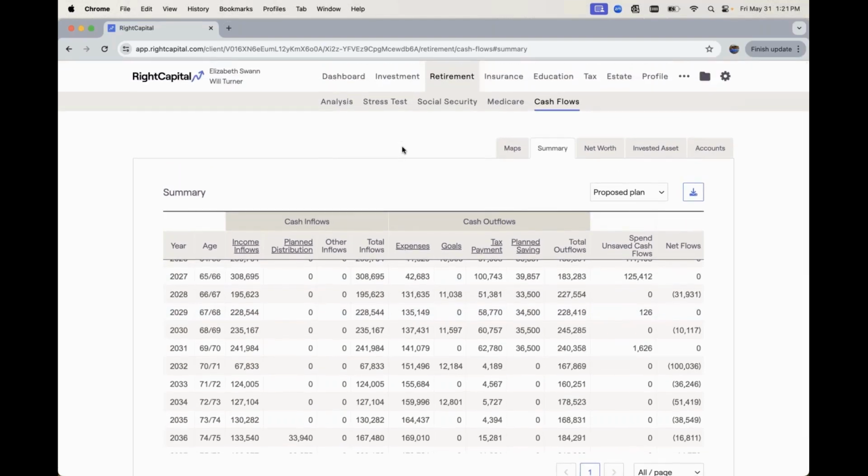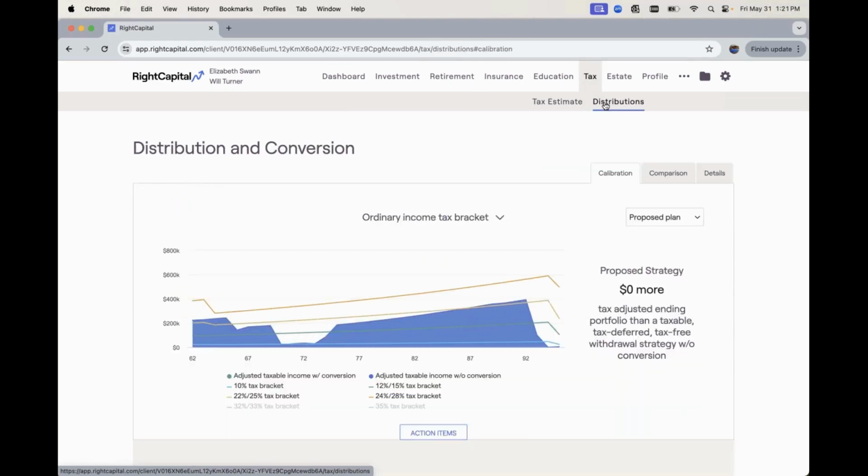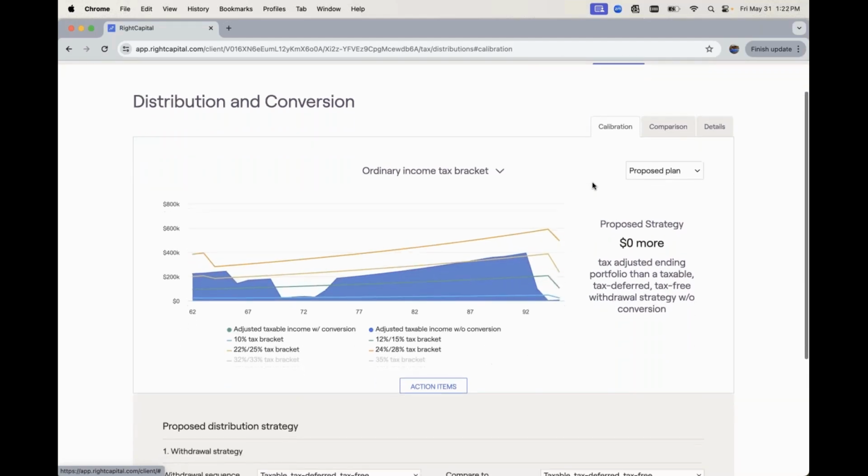A key thing that can assist in the visual understanding of the impacts of different premium brackets is going to be found under our tax module. So under tax distributions, this is oftentimes utilized for our Roth conversion tool. It's a Roth conversion fill up the brackets tool, but it has a couple other functionalities as well. And one of those, and a key part of Roth conversions typically, is the question of how that is going to impact Medicare premiums. But under the distributions tool, we're going to be greeted with our ordinary income tax bracket